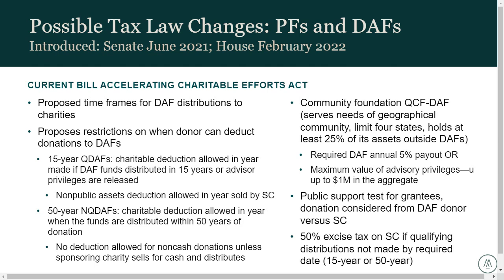hopes to create new categories of donor advised funds, qualified and non-qualified, each with different tax consequences to the donor. So for the 15-year DAF, a donor would get upfront tax benefits, but only if the DAF funds are distributed or advisory privileges are released within 15 years of the donation. For the 50-year DAF, the donor would not receive an income tax deduction until the donated funds are distributed to the charitable recipient. And for community foundation DAFs, it's proposing an annual minimum payout as well as a 50% tax for failure